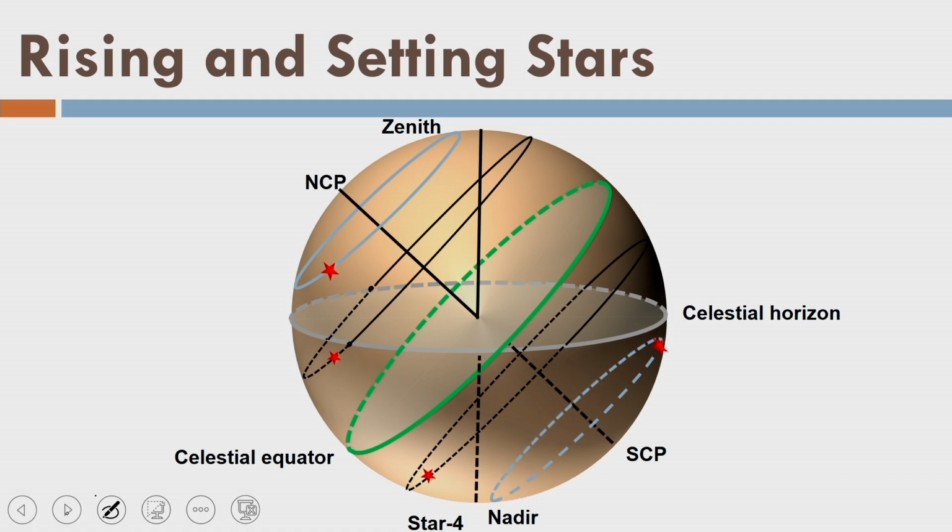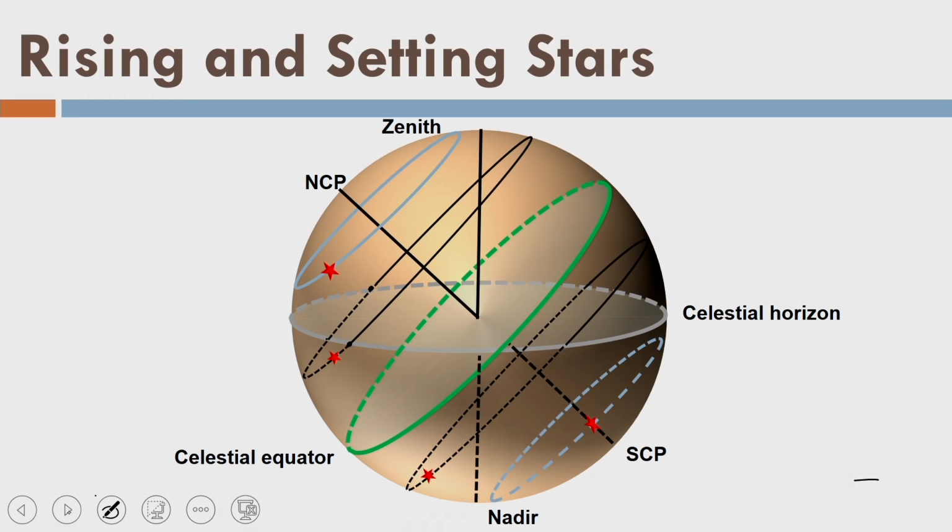Now you can see that even though it is rotating around the earth, it is not able to come above the horizon because of its own position in the celestial sphere. Okay. So, how can I distinguish between a star which is rising or non-setting, and another star which is non-rising? That means a non-rising star will never come above the horizon and a non-setting star will never go below the horizon. So, a non-setting star, which is called a circumpolar star, will always appear in the sky with respect to the horizon.